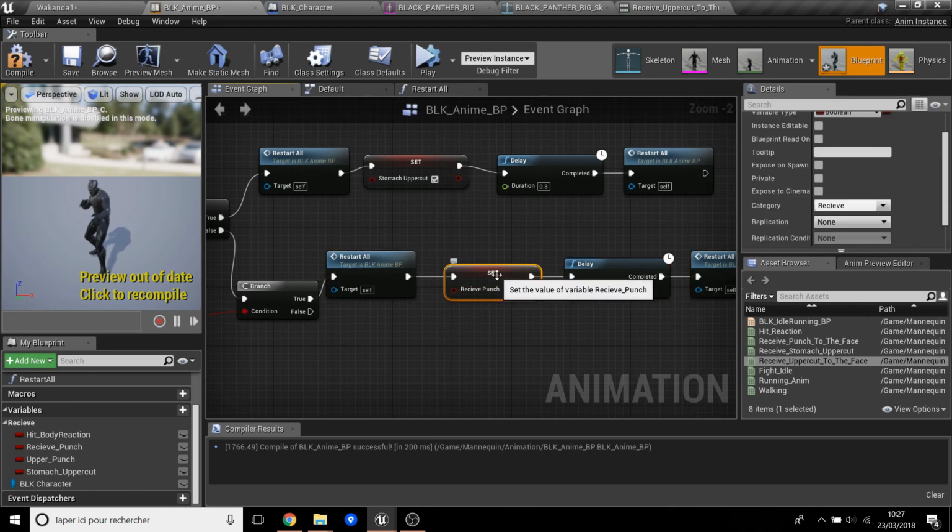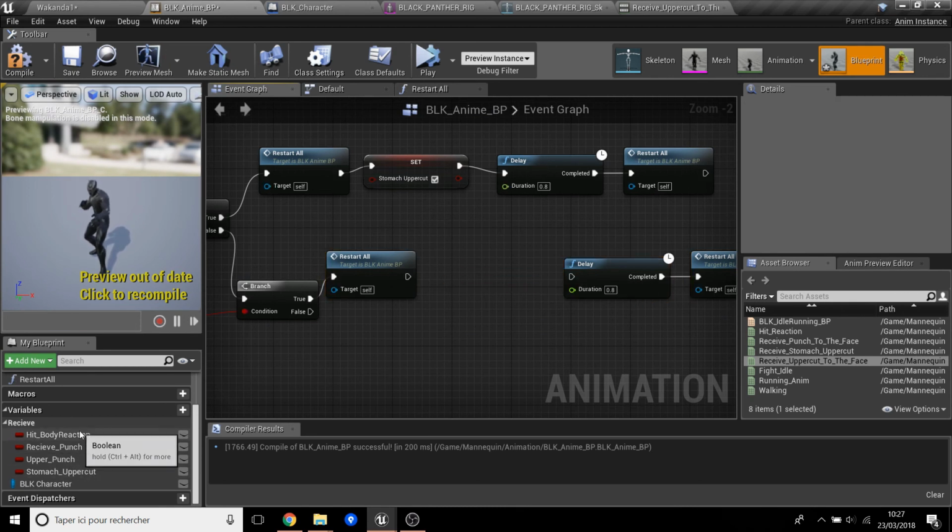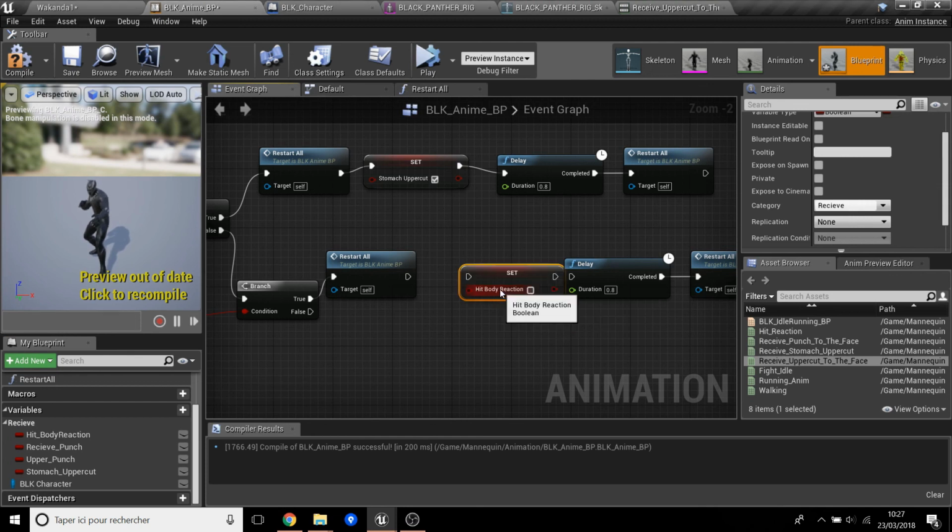Let's see the branch, and it is hit body reaction set.